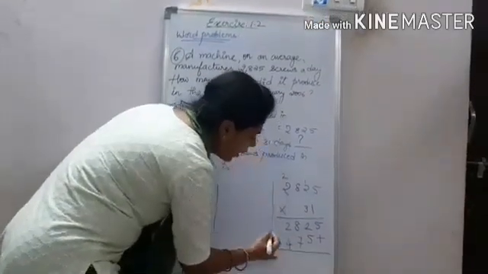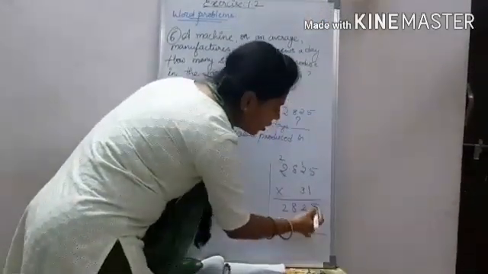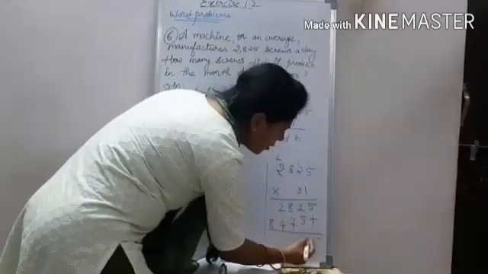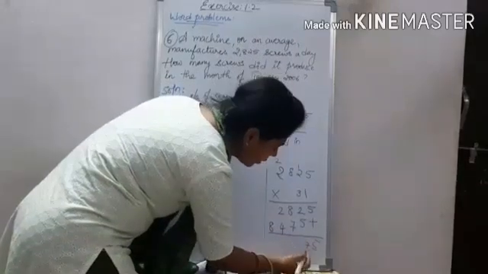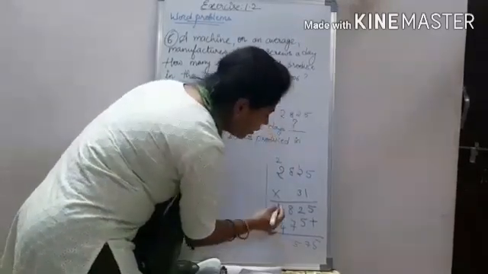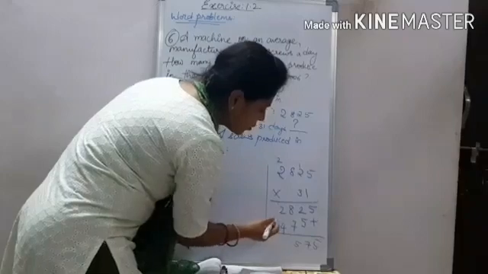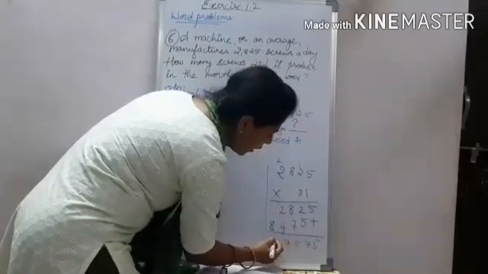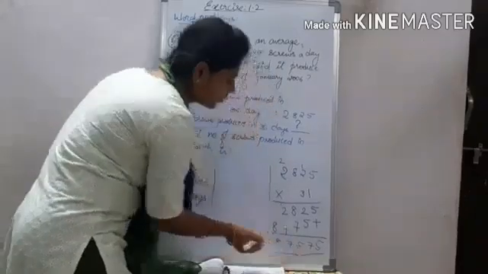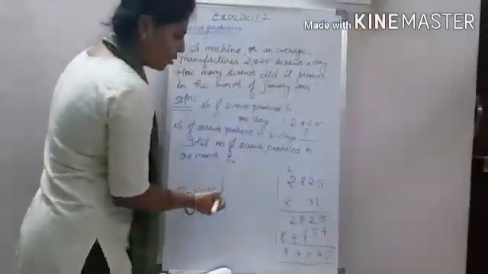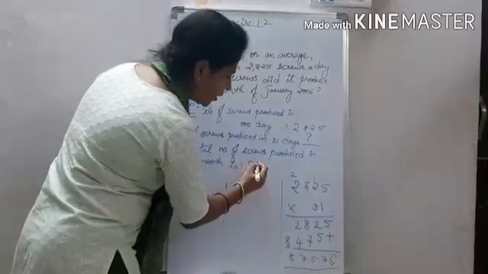Now add and find the total. So 5, 2 plus 5 is 7, 7 plus 8 is 15, 1 carry, 4 plus 2 is 6 plus 1 is 7, and 8. So the final answer you get after multiplying that is